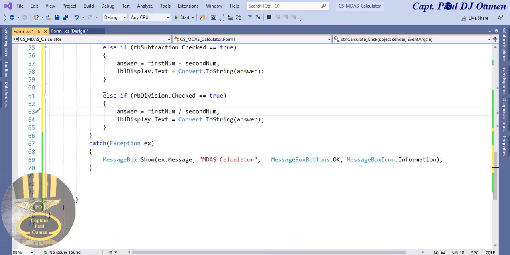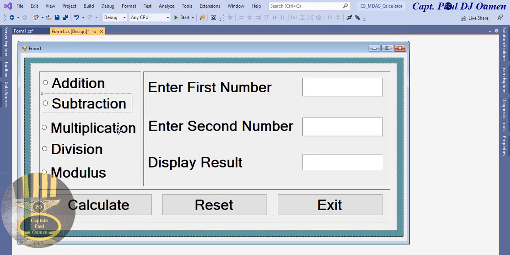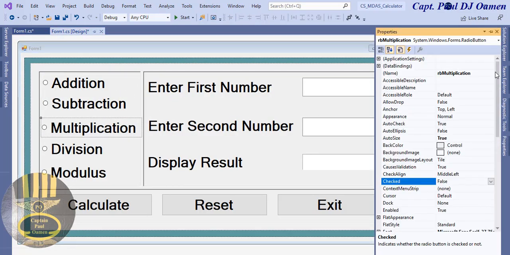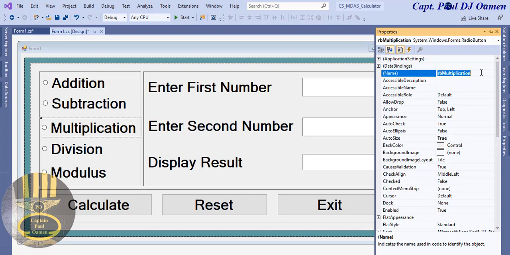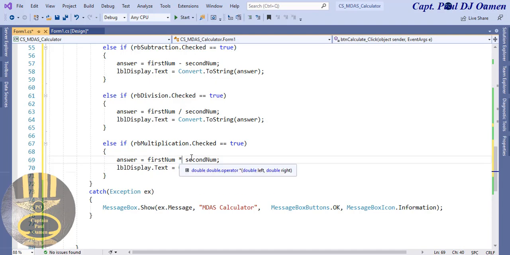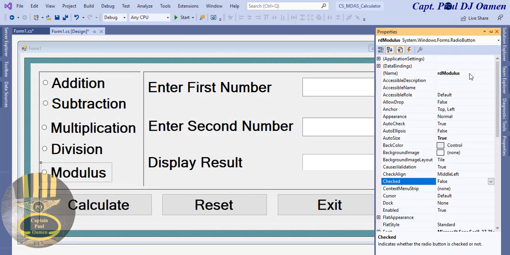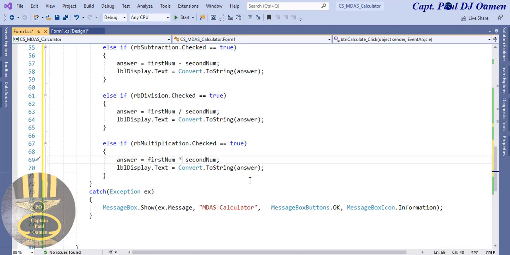Okay. If the option made is, I think the other one is, let's check out the name. Let's see, what is it called? Okay, multiplication. Grab that, come in here, and we have division, multiplication, then this becomes multiplication, and the last one, RB modulus. Okay, RB modulus. If that is modulus,